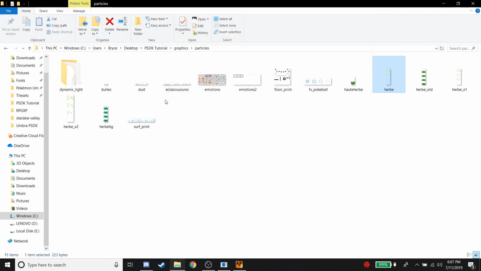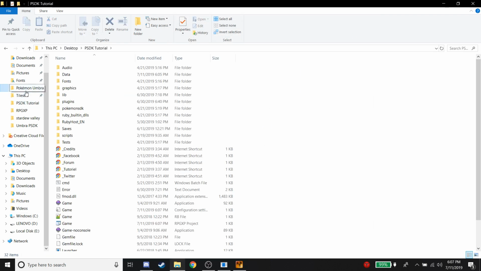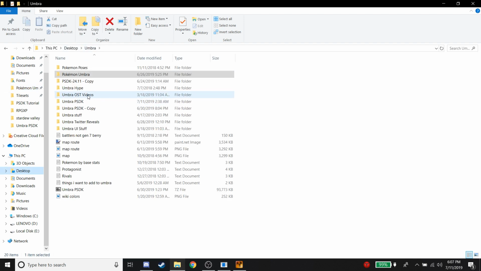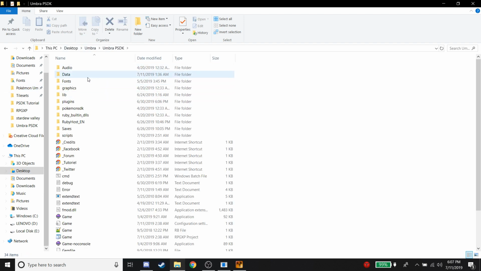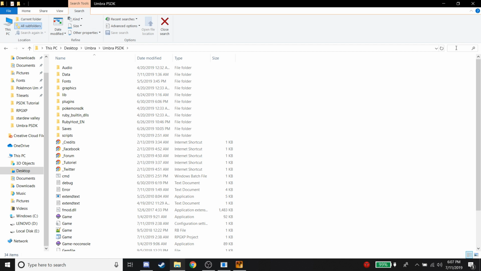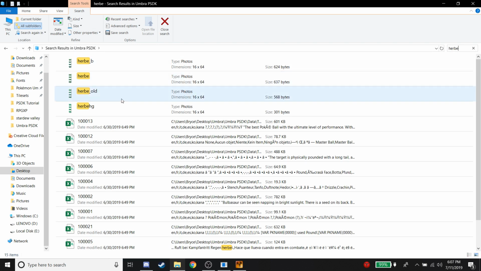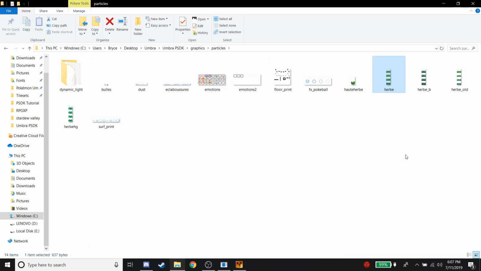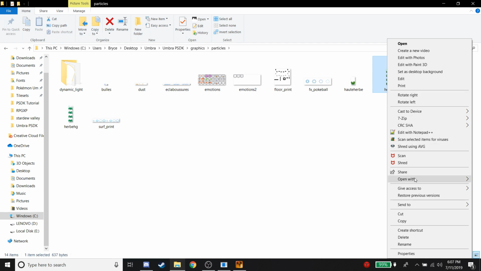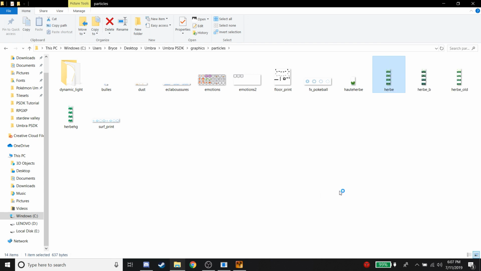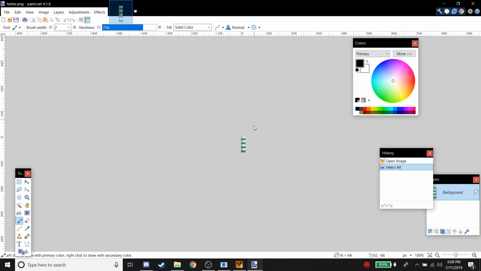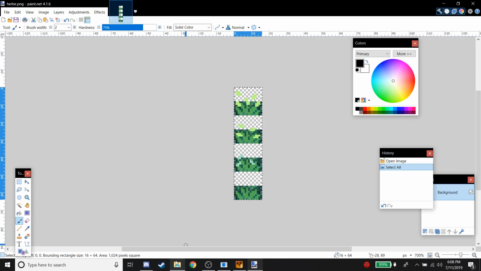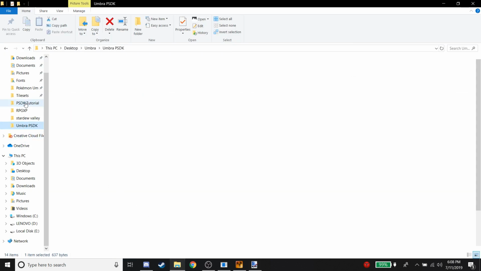Now I did edit it for my game, the Pokemon Umbra project. So let me just go into there. I have a lot of folders there, I know. I actually also gave mine 2 separate ones. So we have herb and herb B based on where you stand. I'm only going to show you how to do herb. If you want more information on this, then you can just join the Discord, the Pokemon Workshop, or my Discord. Either way will work. We're just going to copy this,